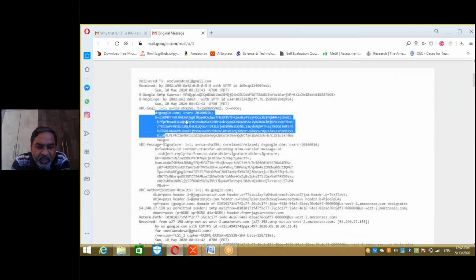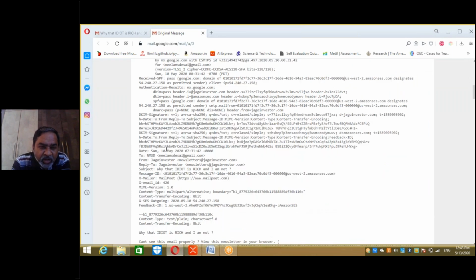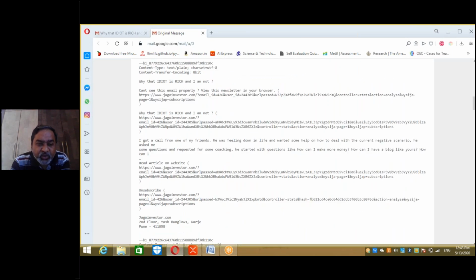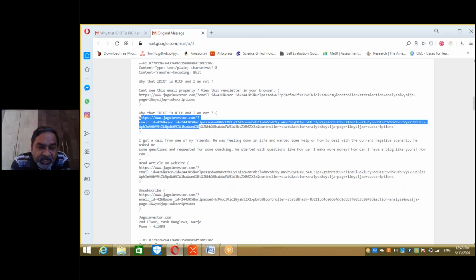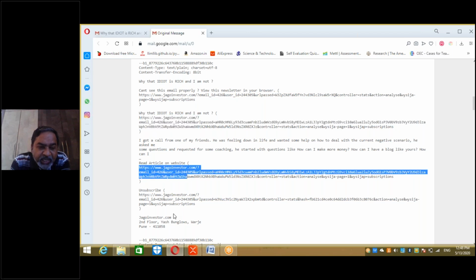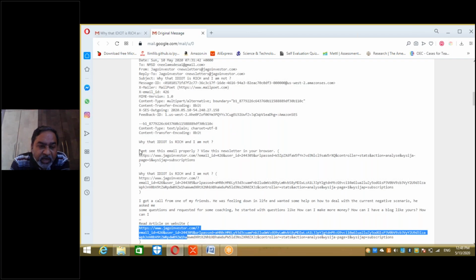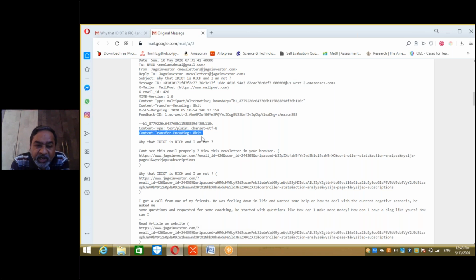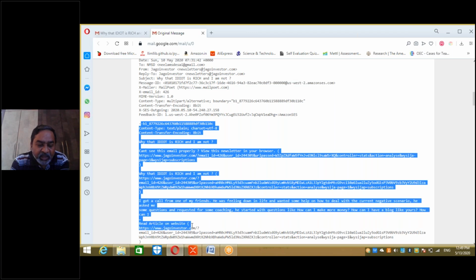I can redirect it, but various sources are there at the bottom. You can see the MIME protocol is used for this one, right? These are the various servers it has gone through. Through this, I can find out, and these are all the features you can see. See content, transfer, encoding. You have studied in computer networks about this content type, text. All this is information about the mail.